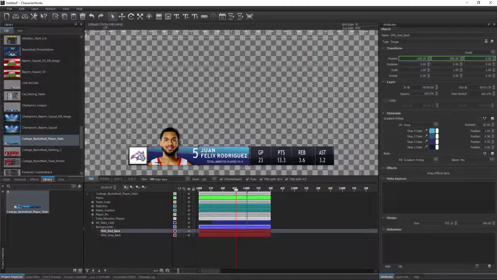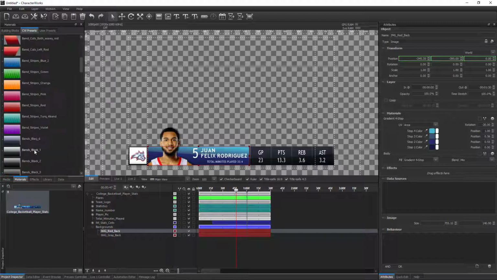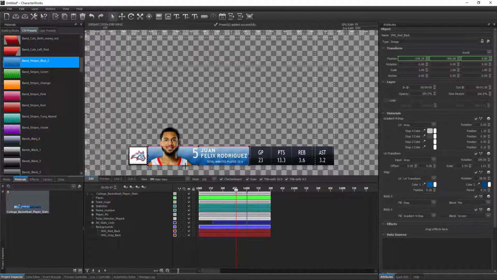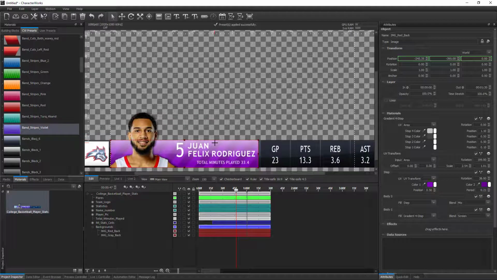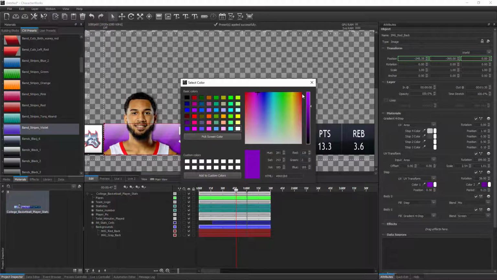A quick and easy way of giving a layer a different look is to use material presets. There are hundreds of material presets that are ready for use on layers by simple drag and drop action. Once a preset is applied, layer and material attributes can be modified further.